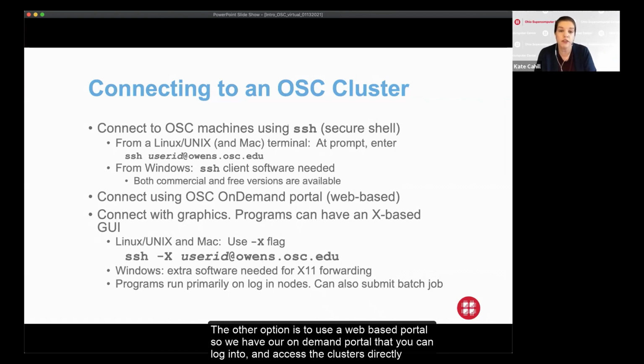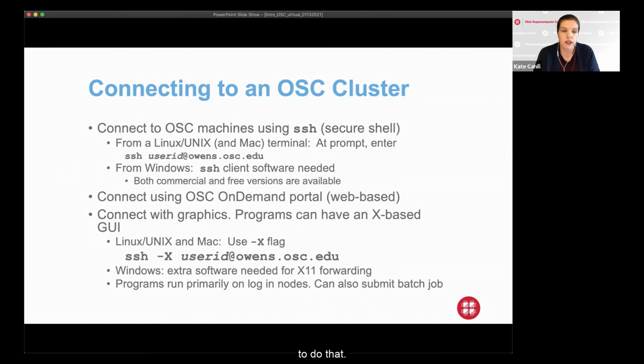The other option is to use a web-based portal. So we have our on-demand portal that you can log into and access the clusters directly through a web browser. So you don't have to be as familiar with the terminal or download any particular software to do that.